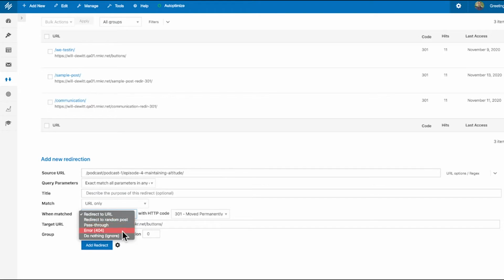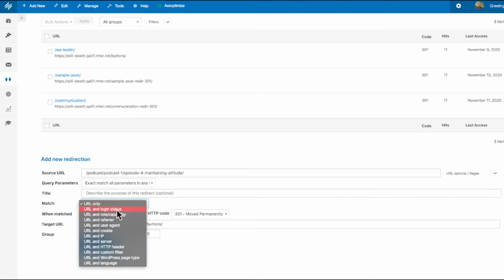And you can also just make this a true 404 if that's what you need. On top of that, you can give this a title, which would help you identify why you made this redirect, for example. And on top of that too, you can also adjust the match settings. And as you can see here, there are a lot of different ways that you can use this one,